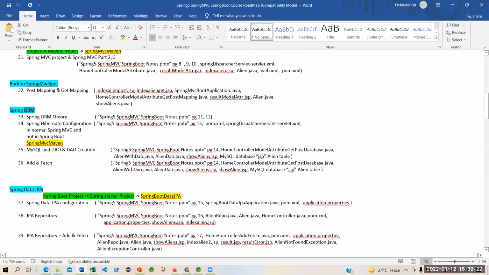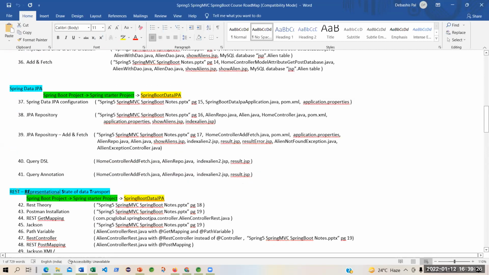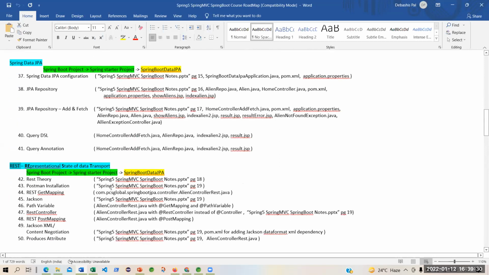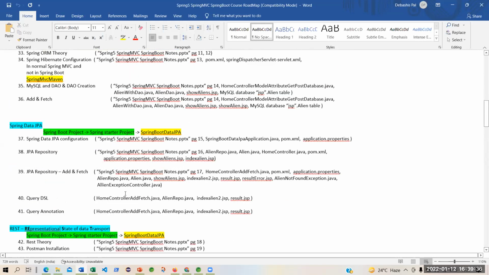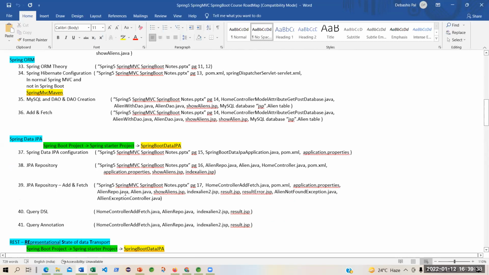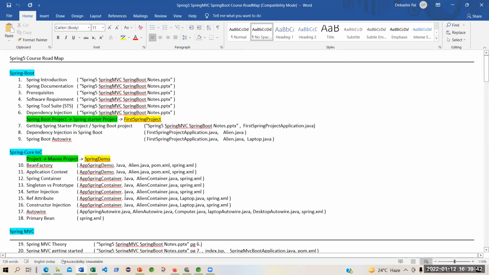These are different projects. Then you will start learning RESTful APIs. And then you will start with Spring AOP. And finally, you will go to Spring Security, OAuth. That is the roadmap, Deepak.